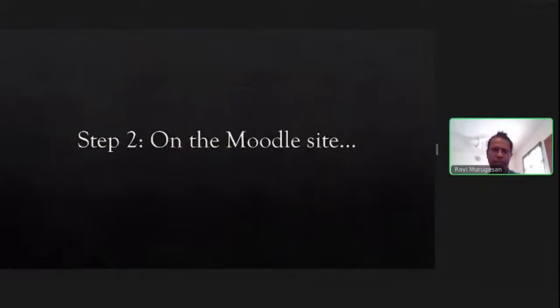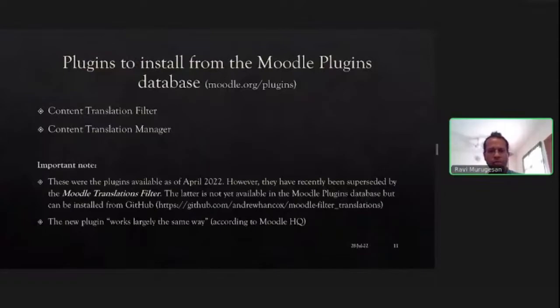That's it, really. If you're not used to Google Cloud, it might seem a bit technical, but it's not a lot of steps. You can do it very quickly. But the Moodle side, that's where to actually get the whole thing up and working, there is more to do. On the Moodle site, you would first look into installing some plugins.